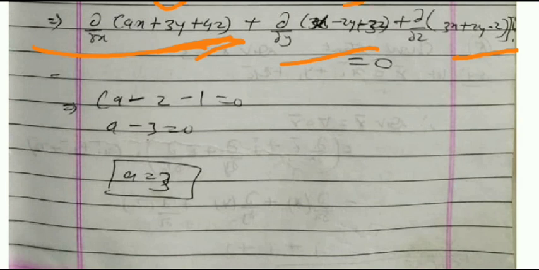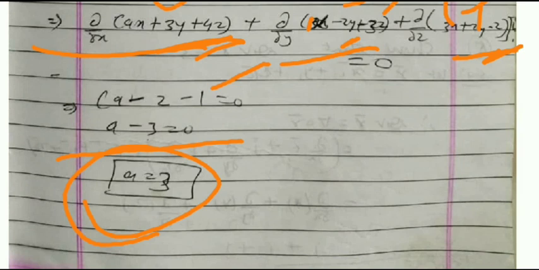Then with respect to y, x and z are 0, minus 2. Differentiation with respect to y is minus 2, since the derivative of y is 1, so the remaining term is minus 2. Next, partial differentiation with respect to z: the two terms 3x and y are 0, and the remaining term is minus z. So the derivative of z with respect to z is 1, that means minus 1. So a minus 2 minus 1 equals 0, that means a minus 3 equals 0, that means a equals 3.